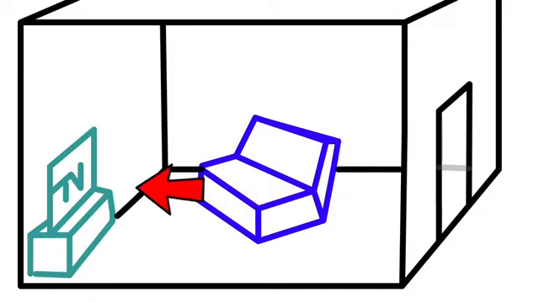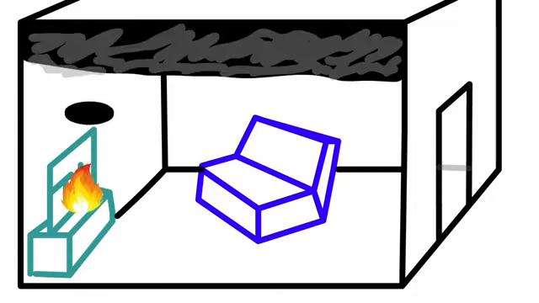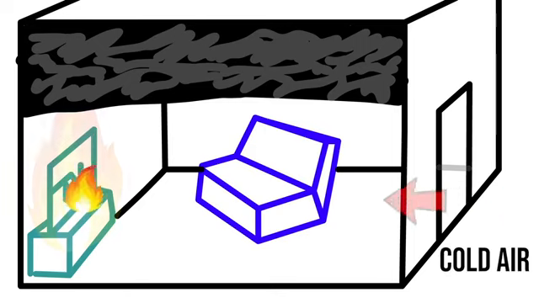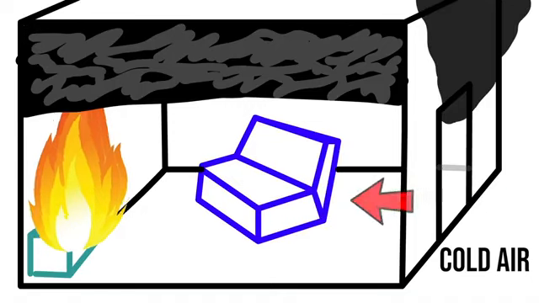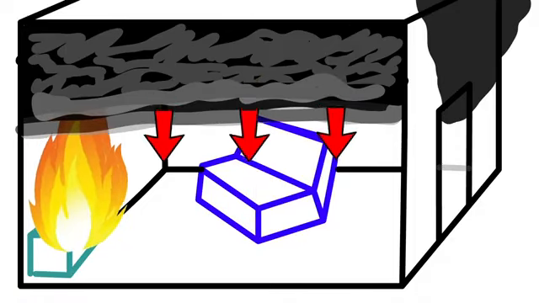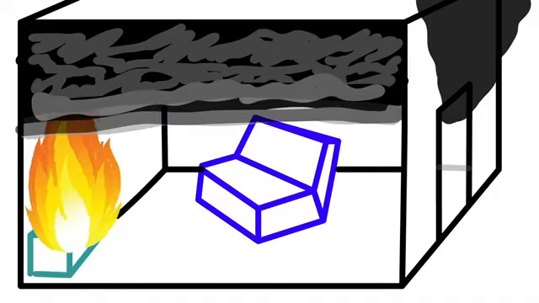Now, the heat actually comes from the fire itself. And as it starts to burn, it pushes more heat and smoke and flame up into that overpressure area. And by the process of convection, that heat spreads out across the room and can start to move into other rooms because that convection current takes hold. And what we see is cold air being drawn in through the door, while smoke will start to push out through the top of the door. And while this process is happening, a lot of heat is being radiated back down on everything in the room, which is slowly starting to heat all of these things up.